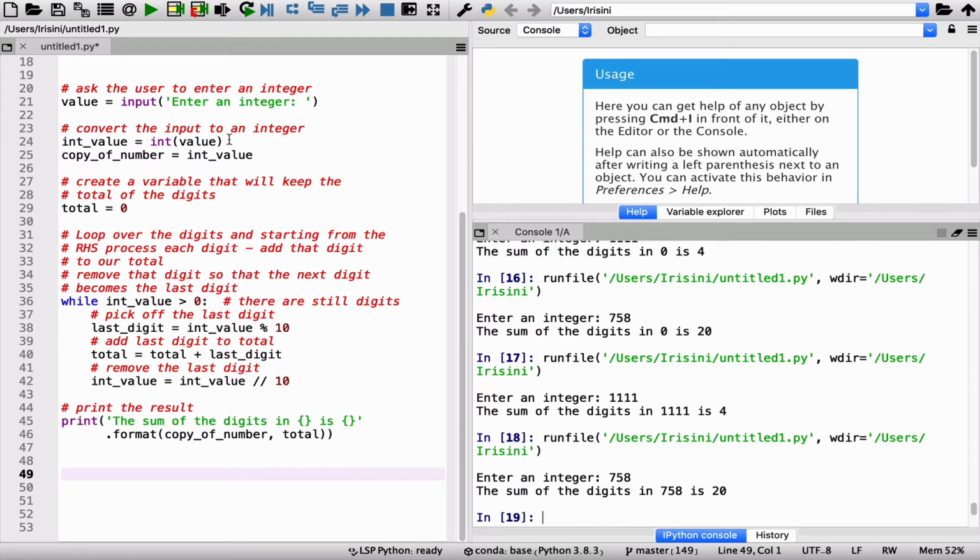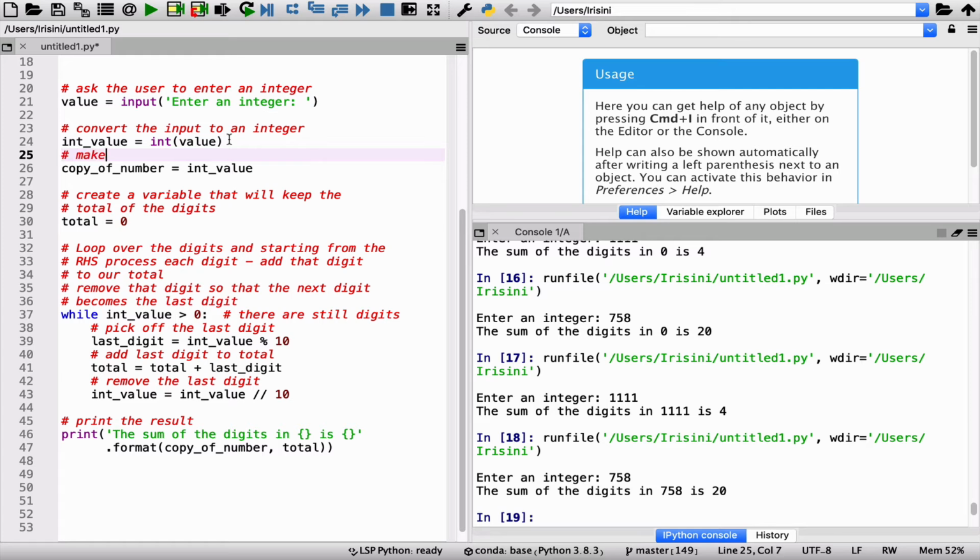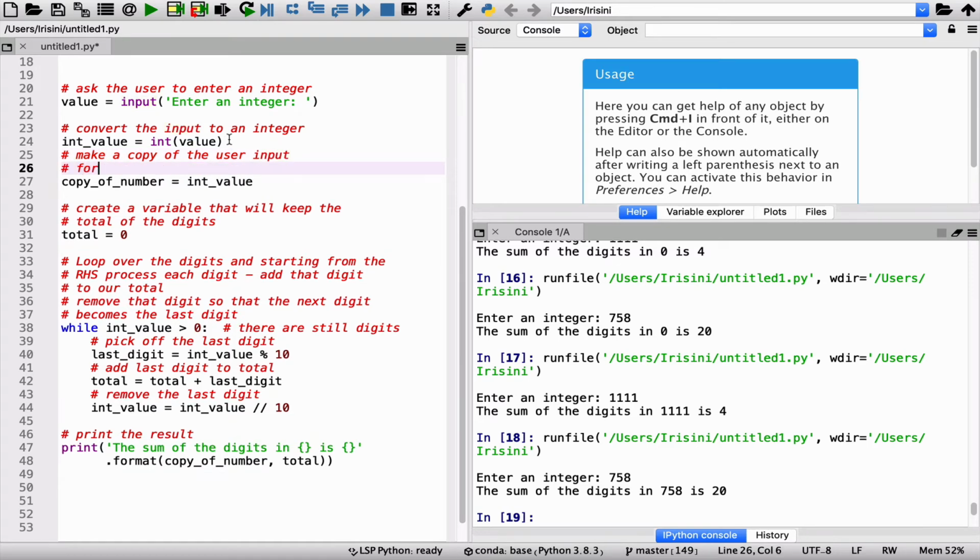And so let me add a comment here. Make a copy of the user input for use in the final output. Alright,